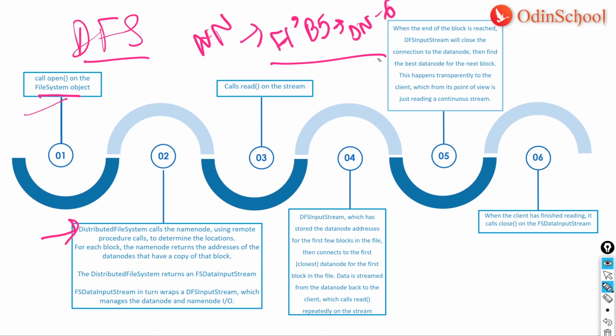So furthermore, the data nodes are sorted according to their proximity to the client, how near they are to the client, and all these things would determine the bandwidth, how quickly you can read the data or write the data. So definitely